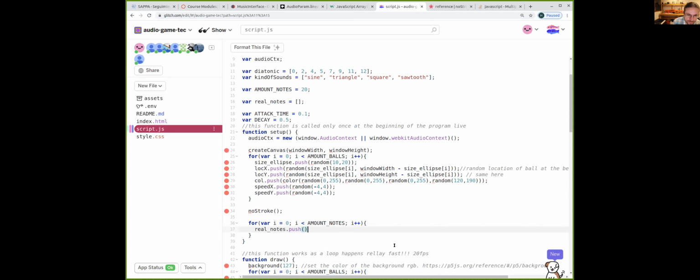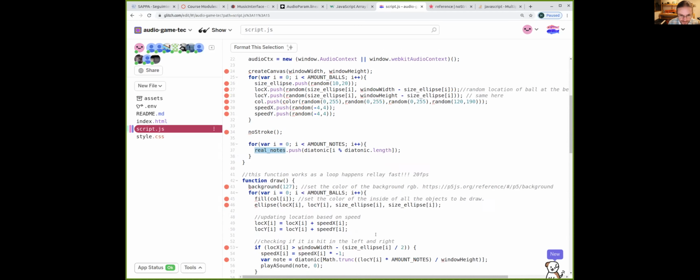And then what I'm going to do here is real nodes dot push. One more time, we're going to start to add values of what? Of diatonic, right? Index i, however, i is going to be increasing, so we're going to use a modulo over diatonic length, okay? And at the end of this, that's it. And then